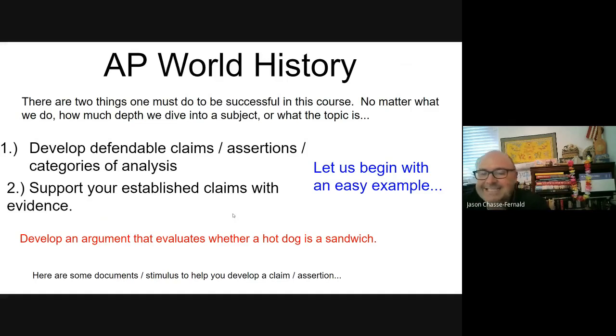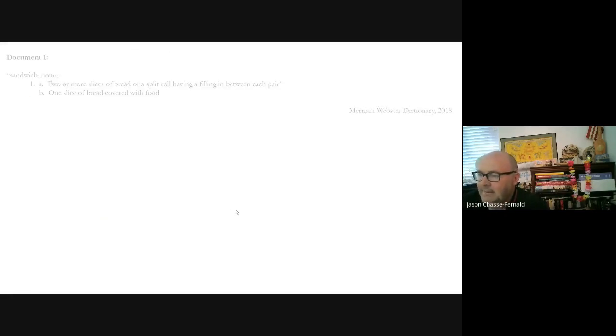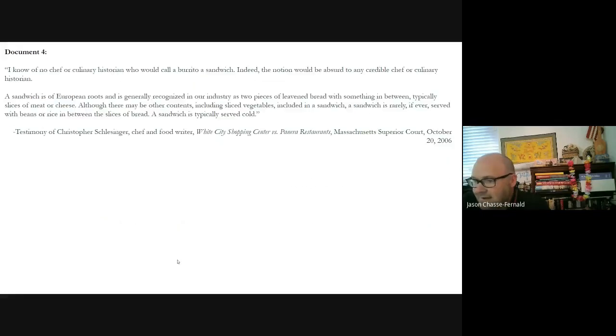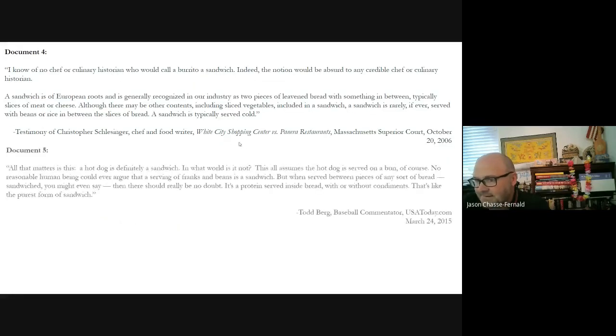Let's go through some evidence and see if the evidence supports or contradicts it. I'm not going to read through all these with you. You're welcome to pause and read through these, and see if they support or contradict your assertion. I liked this one. I lived in New York for 8 years, and New York will find a way to get their tax revenues in. So, based on your assertion, would a hot dog be taxed in the state of New York? Does that match up with what this says? What do you think? A couple of others.